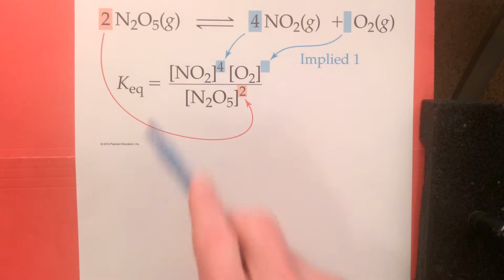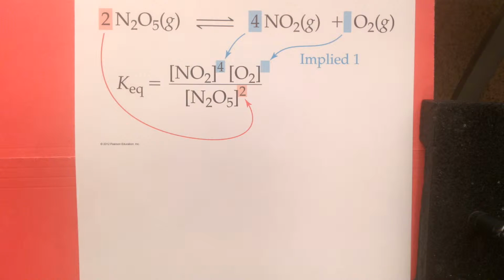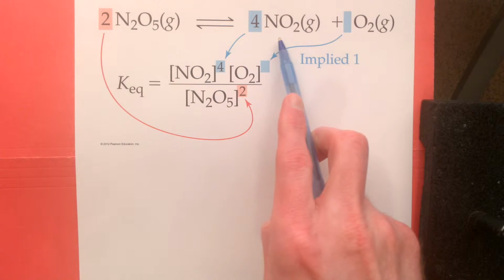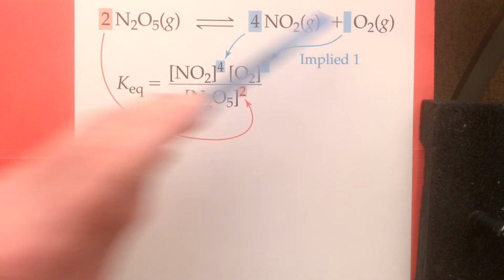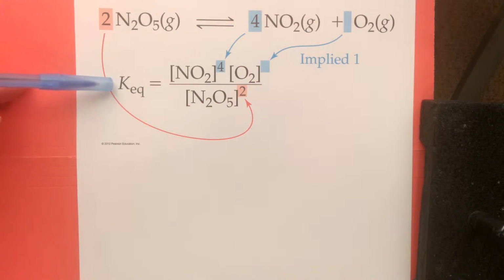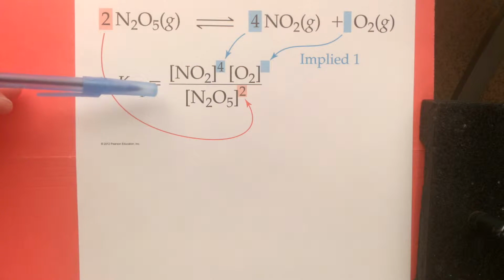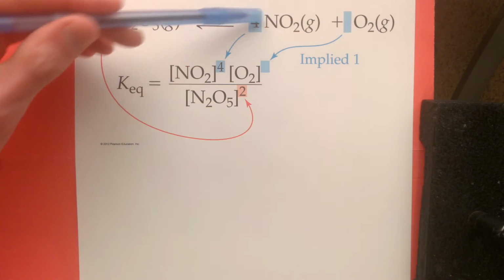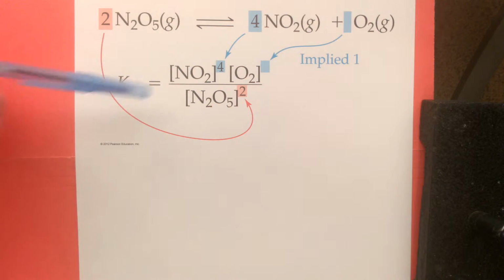It looks like it's a decomposition reaction from this dinitrogen pentoxide gas down to NO2, a nitrogen dioxide gas, and some pure oxygen gas. Now, we've balanced the equation, a 2, a 4, and an implied 1 here. And we're going to write the equilibrium expression. Now remember, that is just a ratio of the concentrations of the species reacting, and the stoichiometry is